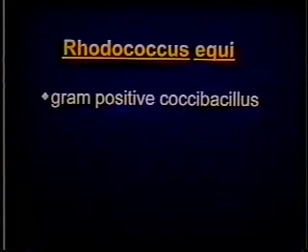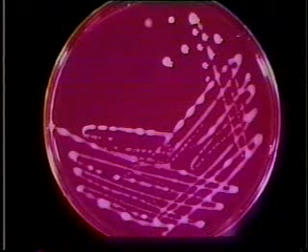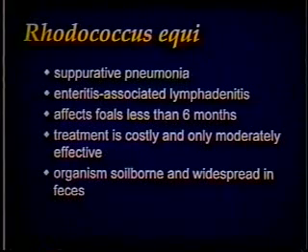Rhodococcus equi, a former member of the genus Corynebacterium, causes a specific disease in horses from this gram-positive organism. It can be easily grown on blood agar, as is demonstrated in this slide, and causes a suppurative pneumonia, an enteritis, a fever, and depression in the young horse, where the disease is most commonly seen. The organisms are soil-borne. In other words, they may be present outside of affected horses,